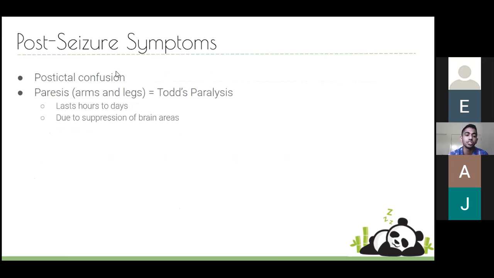All right, what happens after seizures? We get that confusion that I was talking about. They don't remember what's going on, or they're just a little bit in a daze, or we get paresis, which we call Todd's paralysis. That's because it's almost like ongoing hyperpolarization of the brain that lasts a bit longer than it's meant to. And so we get hemiparesis or paresis of arms and legs, things like that. But that's just a name that you should know about.